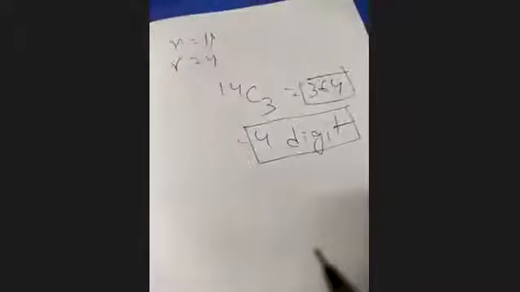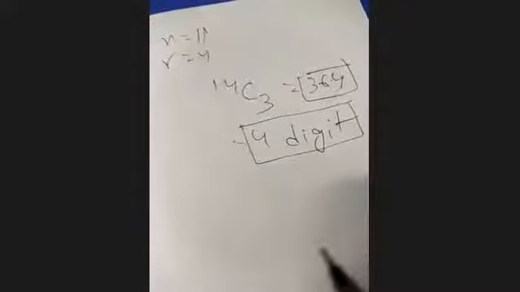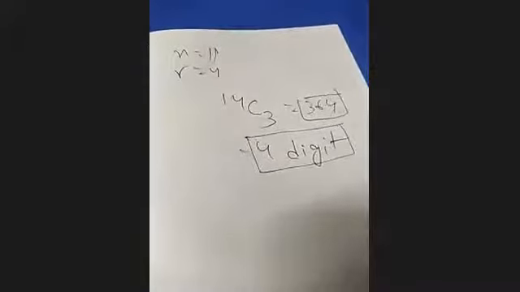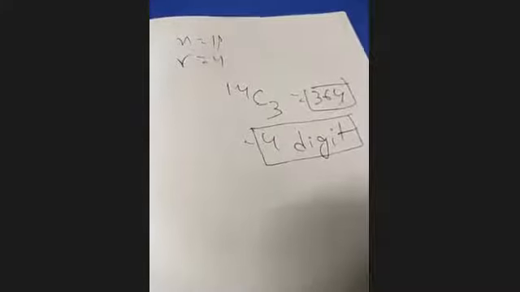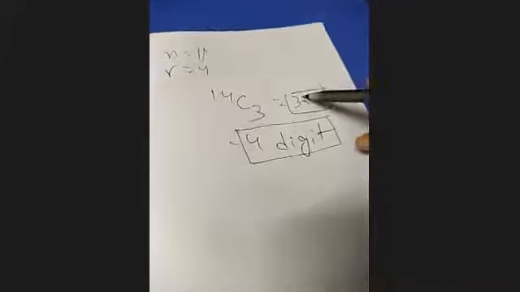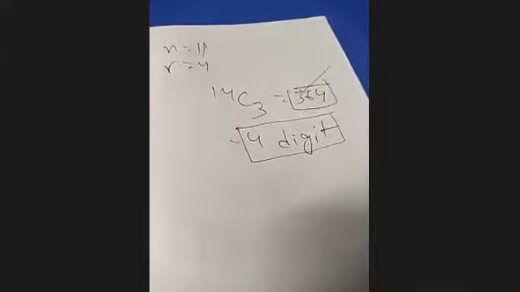Okay, which part to repeat? Last part means, okay, see, T plus Y plus Z plus W equal to 11. You know that. And now see, N equal to 11, and there are 4 variables, so R equal to 4. So 14C3, which is equal to 364. What is the answer of this question? The answer is there are exactly 364 such numbers.